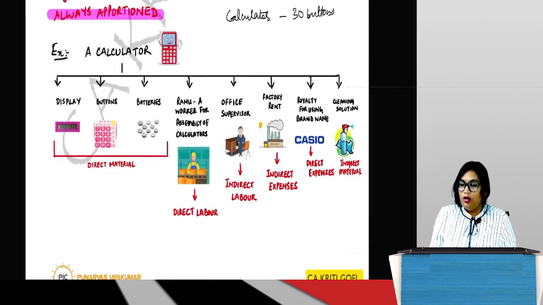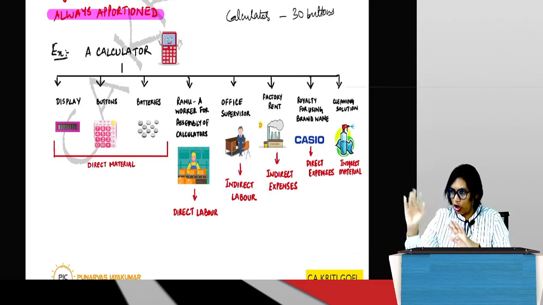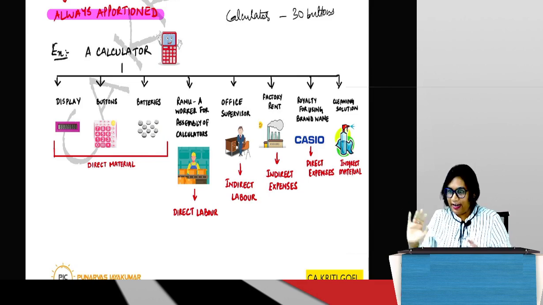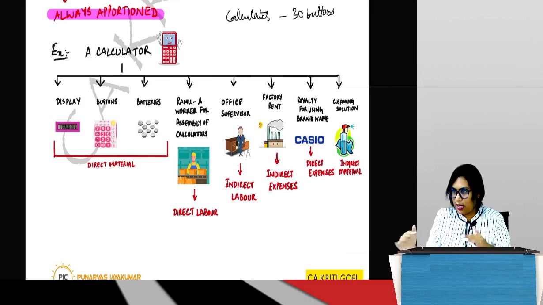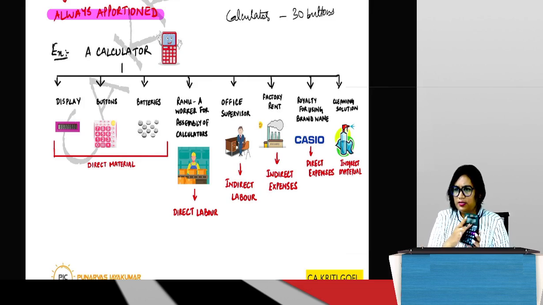Now, question arises, okay, we've understood what is the relationship status here, direct, indirect, direct, not your relationship status, and before you all get ideas, direct, indirect, direct, indirect, like we've understood that, yeah, this is how it's classified. But guys, do you know what is the meaning of indirect material? Direct material, yes, these buttons, this display, but what is indirect material? What do you mean by indirect material?